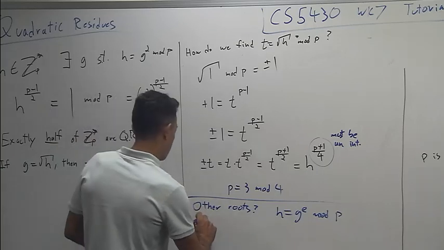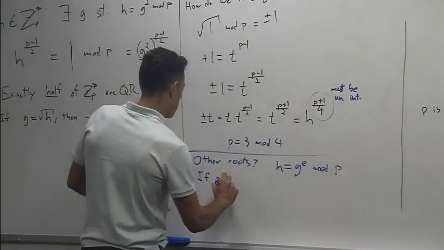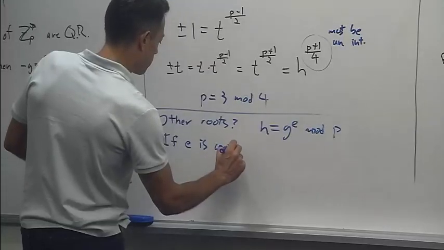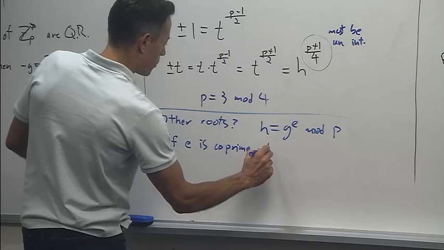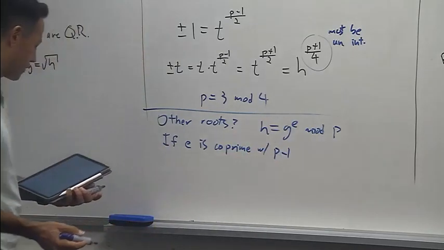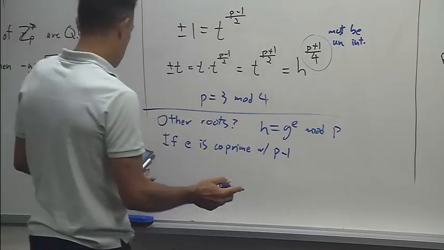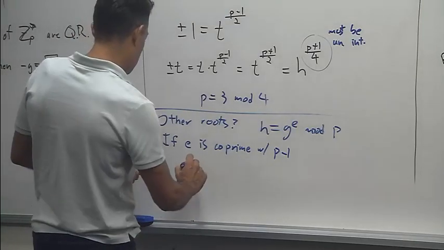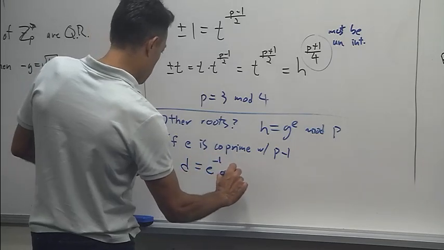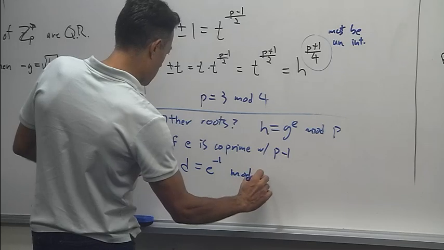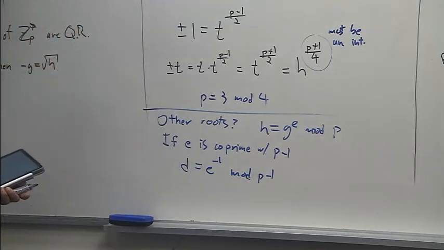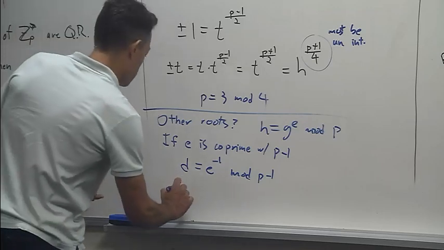Well, if g is coprime, or relatively prime, with p minus 1, aka phi of p, then we can just say, again, I'll let you work through this, and say that